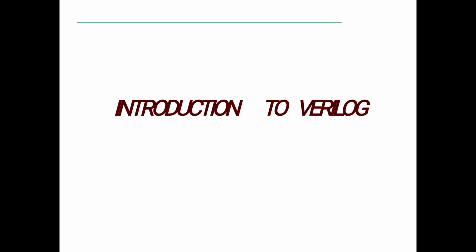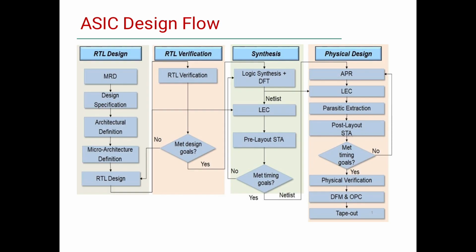Here is the introduction to Verilog. ASIC design flow: ASIC is application specific integrated circuit. It starts with RTL design, next RTL verification, synthesis, physical design. MRD, market need. As per the market requirement, it is developed. Initially, the design specification is given. Next, architectural definition,